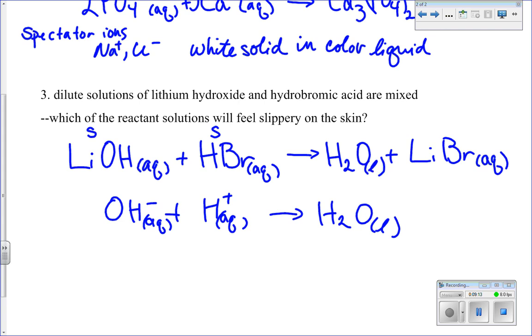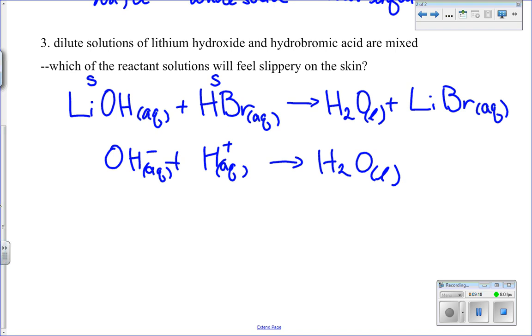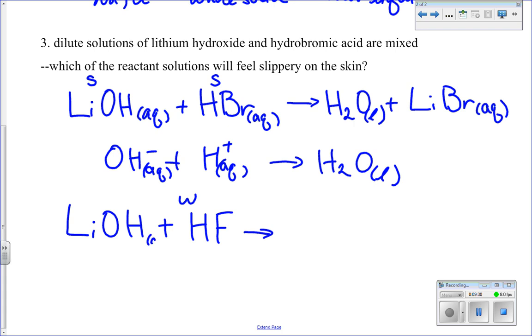And water's a liquid. Now, what if it wasn't? What if it would have been HF? Okay, so I'm going to just rewrite this reaction. And if this reaction would have been reacting with HF instead of HBr, HF is a weak acid. So, again, still strong base. In this case, I have a weak acid. I'm still going to get water and a salt. The salt in this case is going to be lithium fluoride,